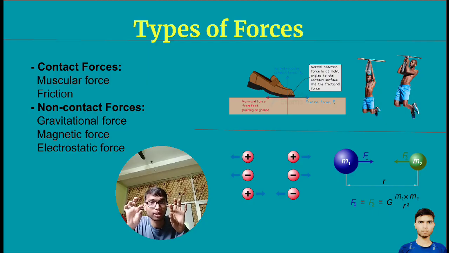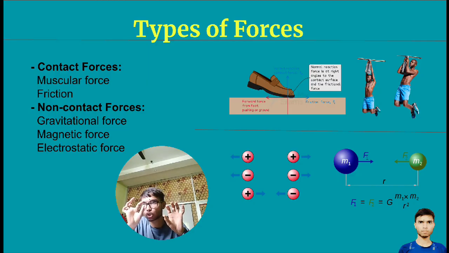Then what will happen? Both will repel each other because their poles are the same. That's why, to attract each other, it should have